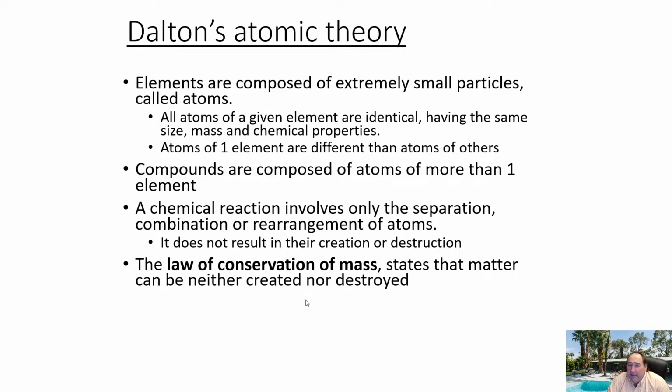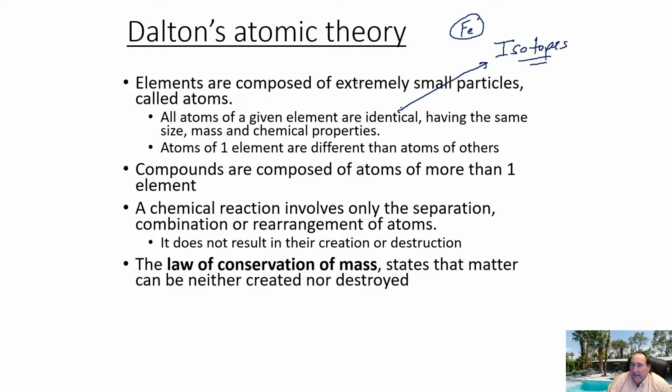Atoms of a given element are identical. They have the same size, the same mass, and same chemical properties. That too is a part of Dalton's atomic theory, which was found not to be so correct. This idea that if you have an atom of iron and all atoms, say, of iron, they're all going to be identical to each other, was found to be later not so correct. Also, sort of in the realm of nuclear chemistry, the reason for that is, as we'll also talk about here in this chapter, the sort of idea of isotopes